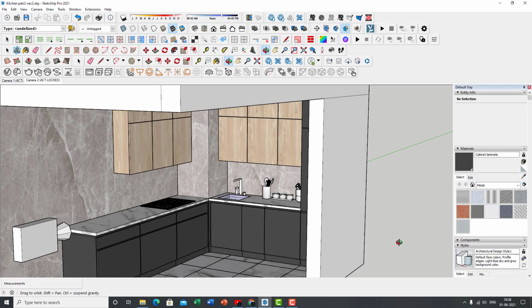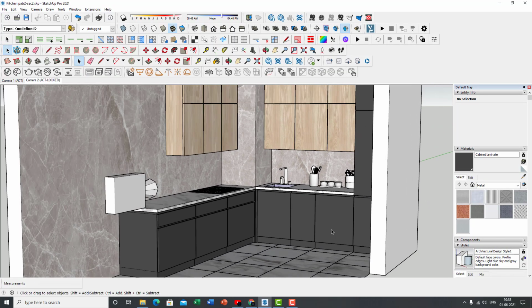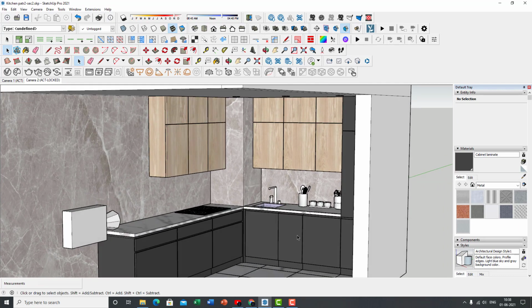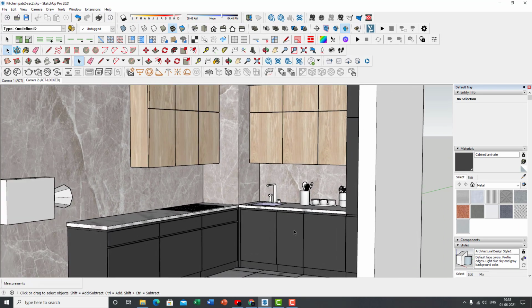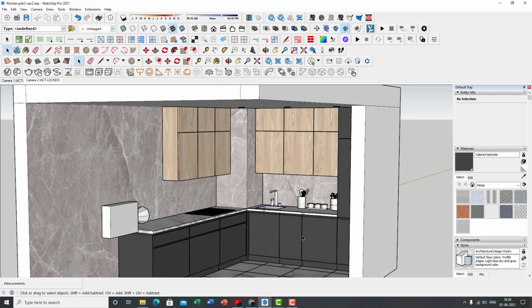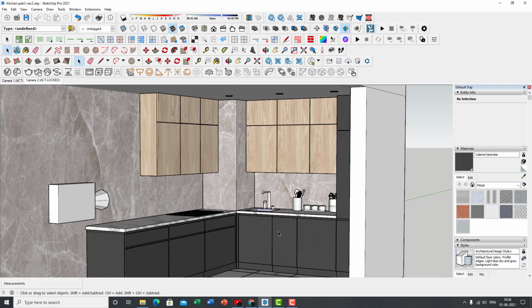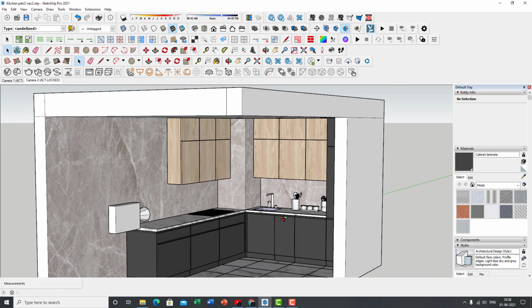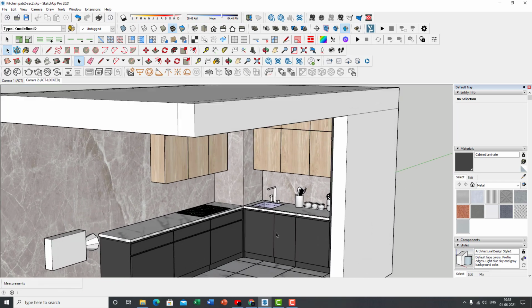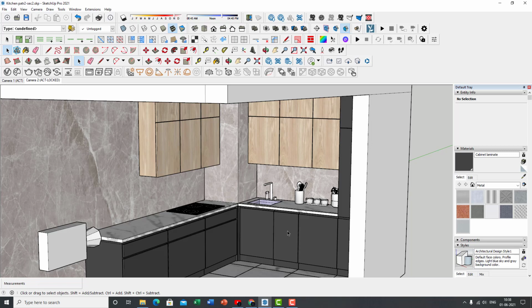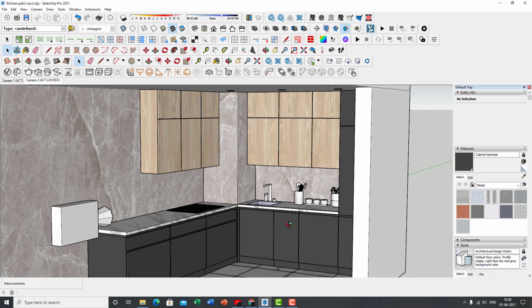So what have we here? If you have been following along my tutorial series, very good. All I'd like to say is that this is probably the most important section of part 2, or maybe the most important part of your entire kitchen modeling tutorial series, because this is where you will learn how to